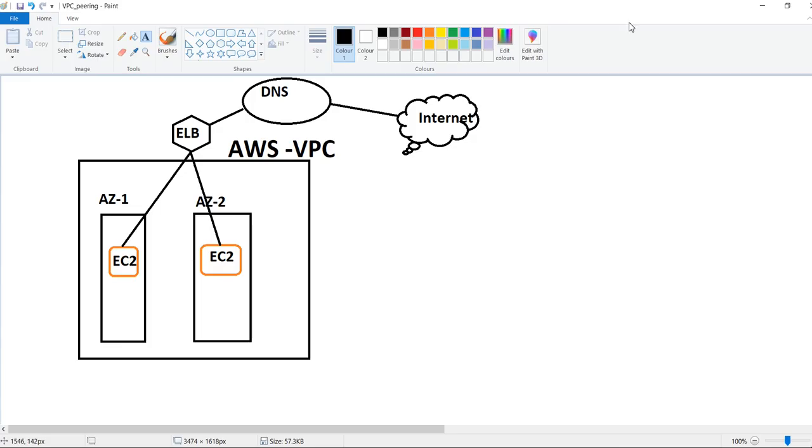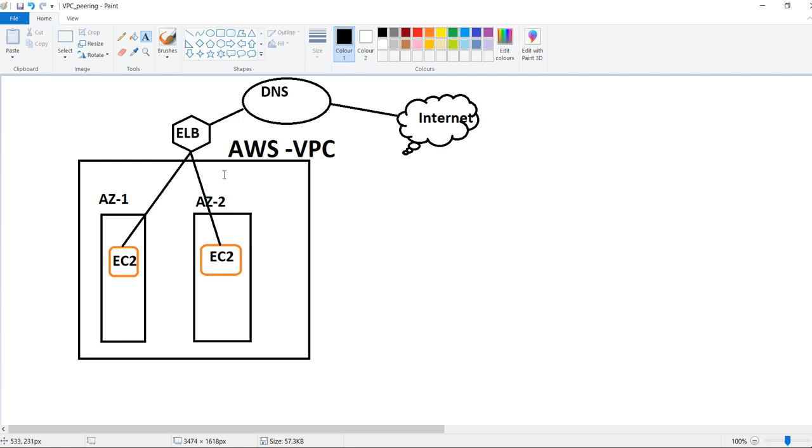It distributes evenly. That means whenever any user is hitting, it will first send to this EC2 instance. Assume this ELB is getting 50 requests. If we have only 2 availability zones, it will send 25 requests to this instance and the remaining 25 requests to this EC2 instance. That doesn't mean it sends the first 25 to this EC2 and the remaining 25 to the other. It will send evenly, one to this and the second to that, and distribute like this.